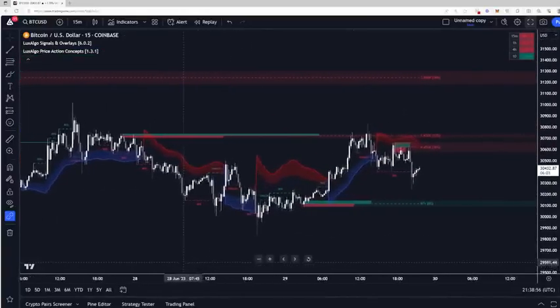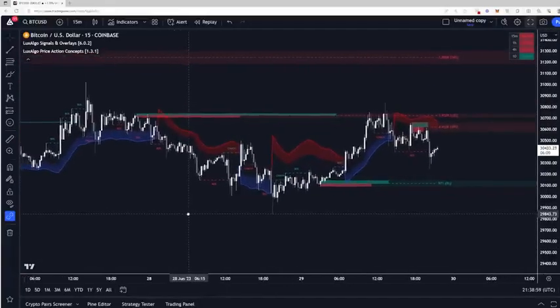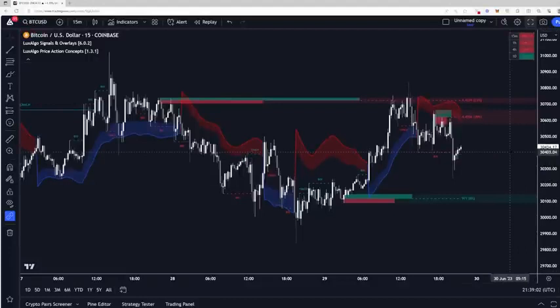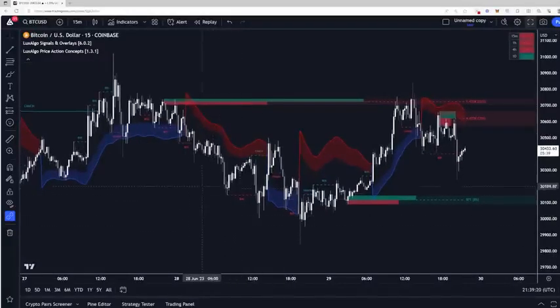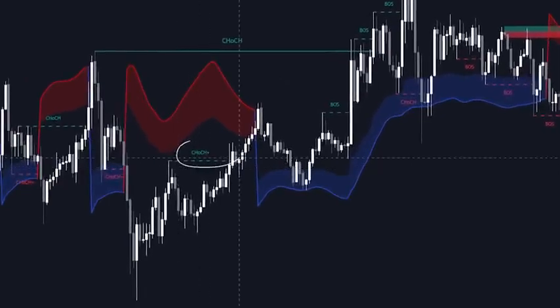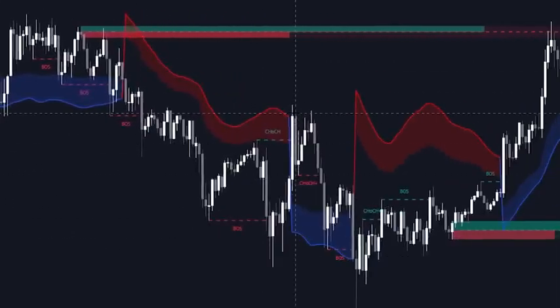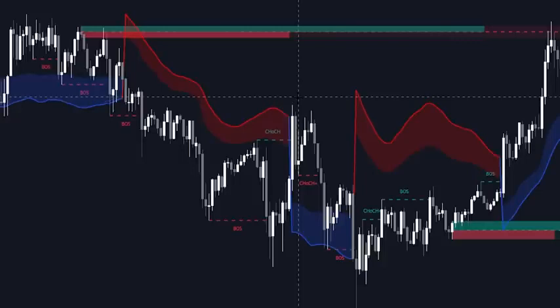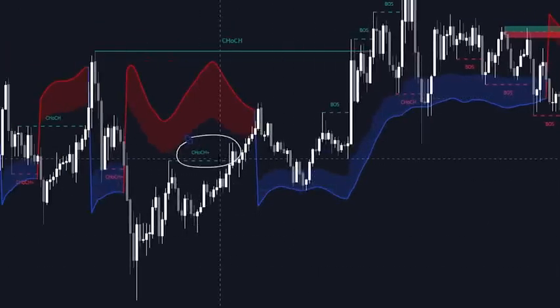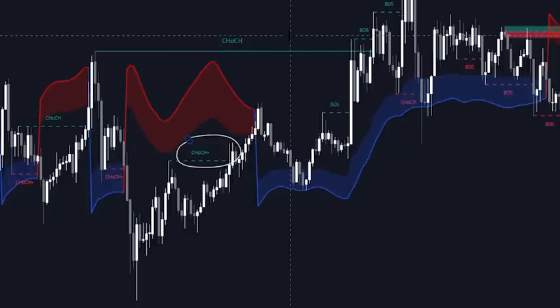So this is the setup and this is what we are working with for utilizing the LuxAlgo premium indicators together to get some really solid trading strategies that you can implement. So the first thing that you will notice is that these change of character labels can oftentimes appear at the very top of an impulse, right? And that is a completely normal thing because the way you're supposed to utilize change of characters when you're analyzing market structure is to then look for a setup to actually enter the market and then use the break of structure labels as confirmations